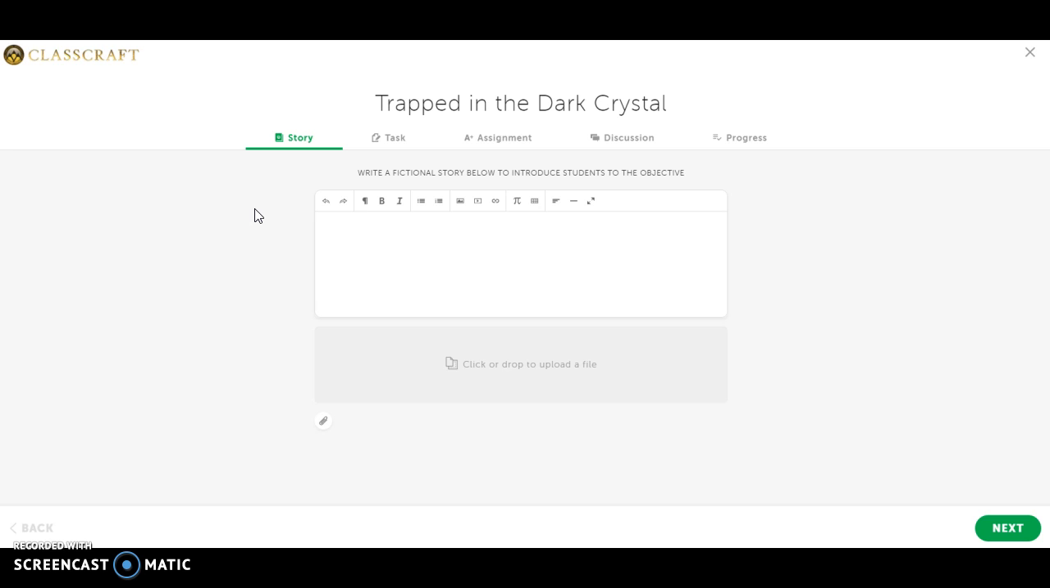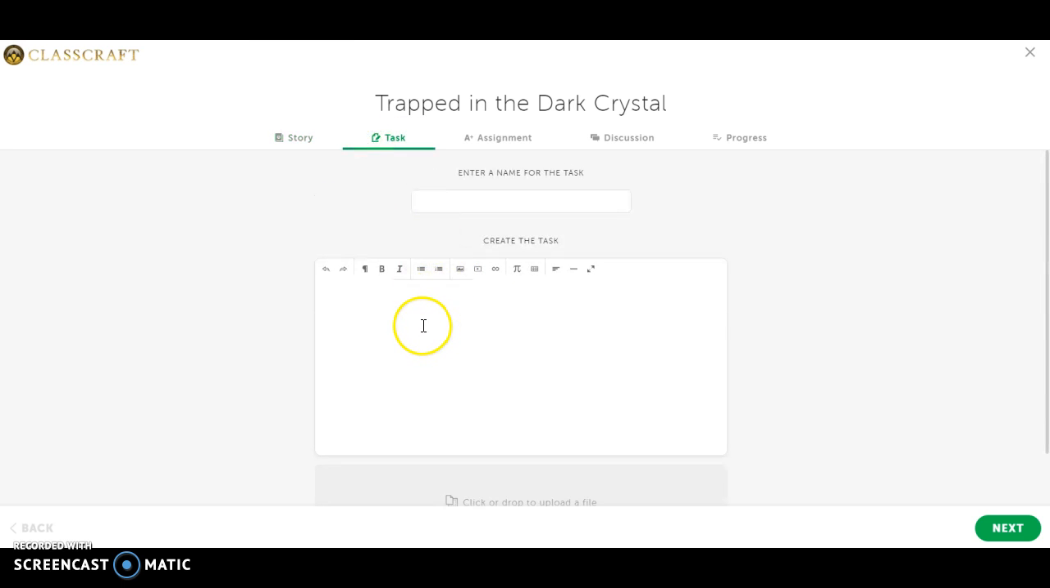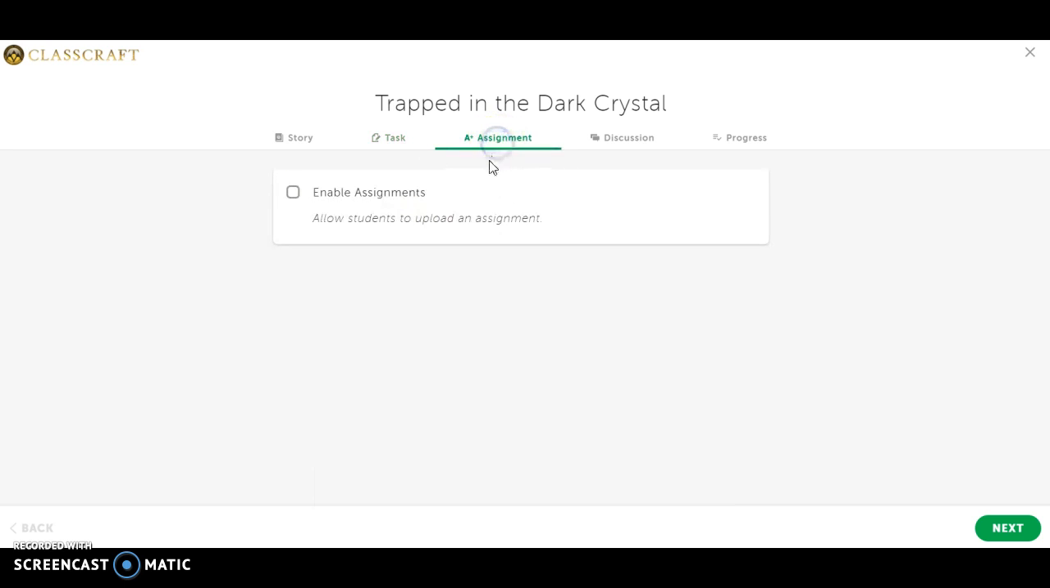So again, you have to write a fictional story to push on the objective. That's the first tab. The next tab is the actual task. You are giving the students the directions. What are the directions to the task that they are doing? And then you are